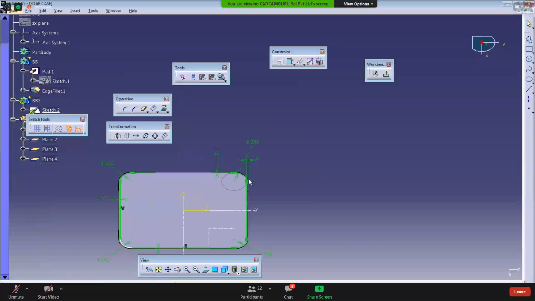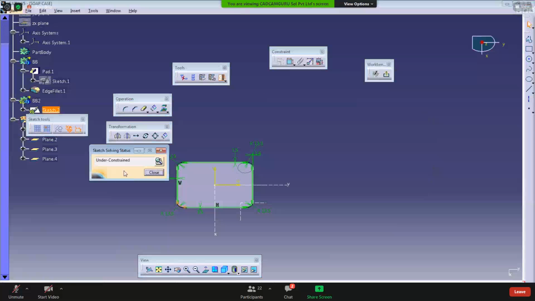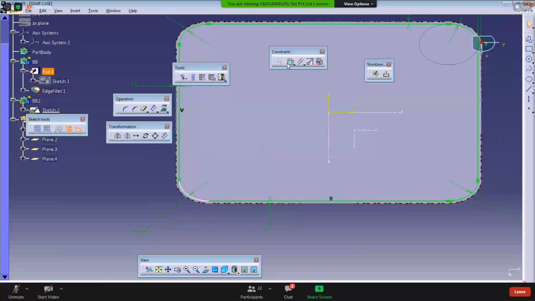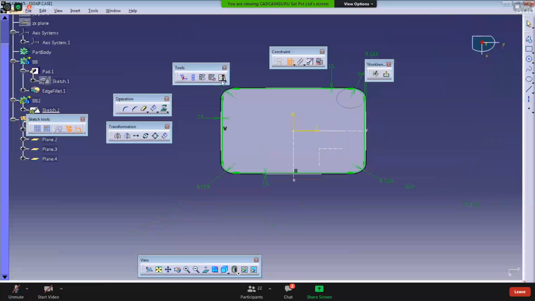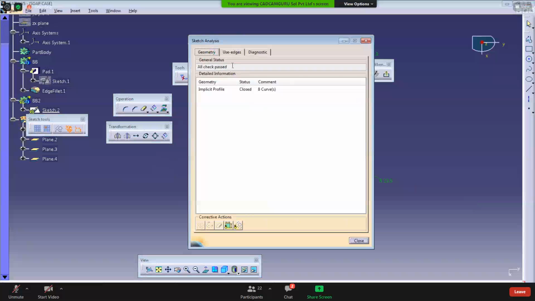Okay, now you check the status. It should be ISO constraint, but now it's showing under constraint to you because the tangential relation is not maintained here. So this becomes tangent. Now you check the status, it shows ISO constraint and your geometry is closed,